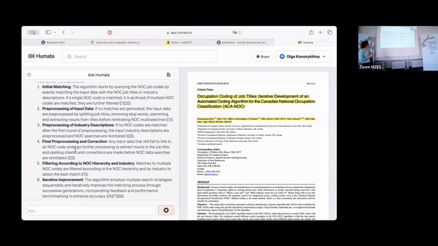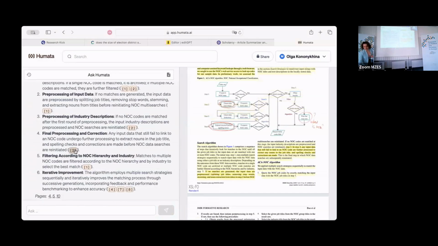We'll have to wait until it's done, and then they get highlighted. Okay. So then, for example, here is the summary about the final pre-processing and correction, etc. And this light yellow color is what the algorithm thinks is the relevant part. So at least I know what it is that they talk about. There are some papers where it doesn't work well, but for most of the papers, it works well. And this tool really speeds up my paper reading